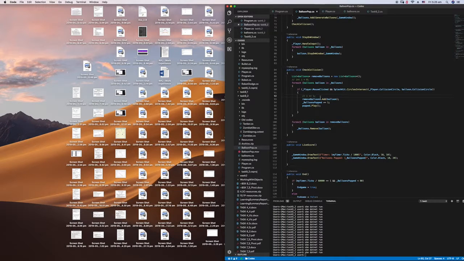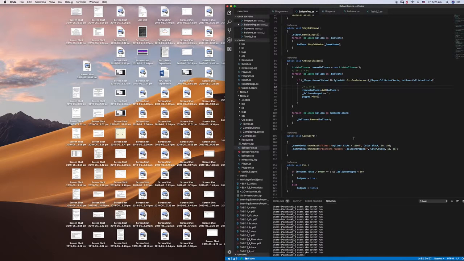And then there's a check on collision, which checks if the player has clicked the mouse and then checks if there's collision between the player circle and the balloon circle. If there's a collision, it adds that balloon to the remove list and then removes it from the original list. And then it increases the balloons popped by 1 and then plays the popped sound,